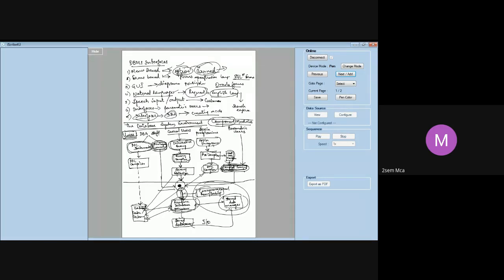Any doubts in this system environment? Others? Did you all follow what I said? Yes, ma'am. What about others? Yes, ma'am. Don't draw a diagram simply, just like that. Please follow the method in which I have done it. That's the reason I myself showed it to you here. Otherwise, it was easy for me to just show you a PPT slide and explain it and go away.